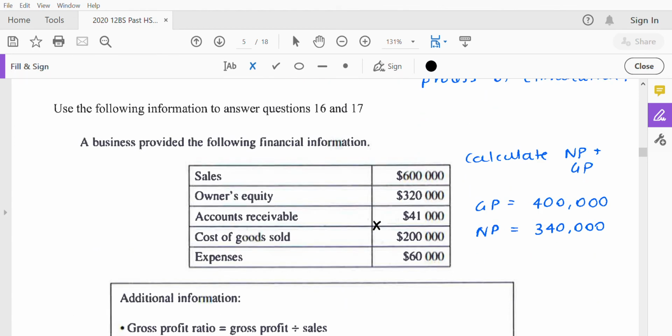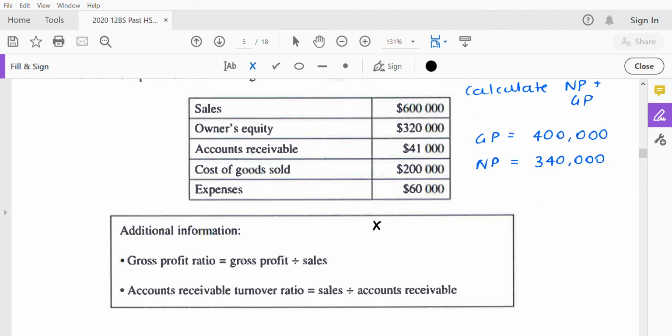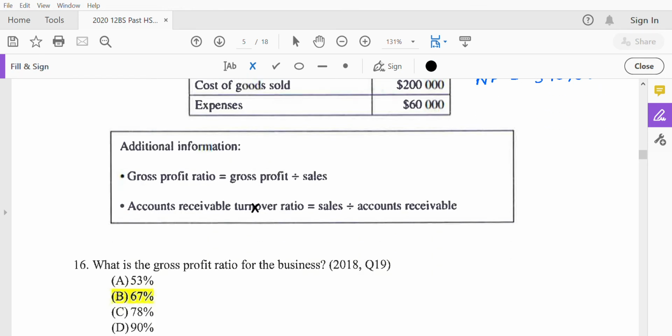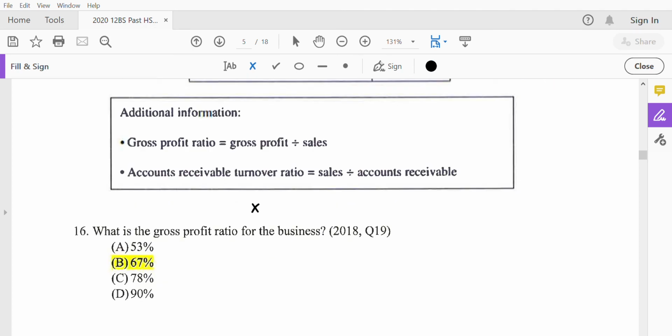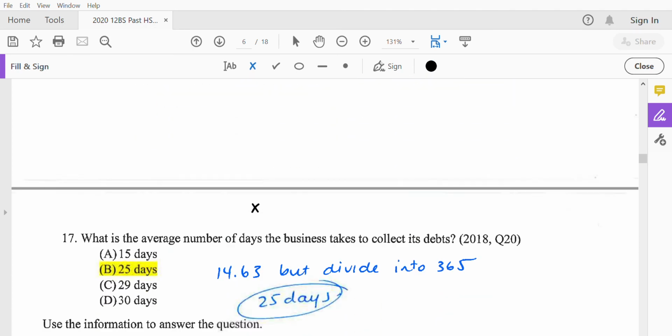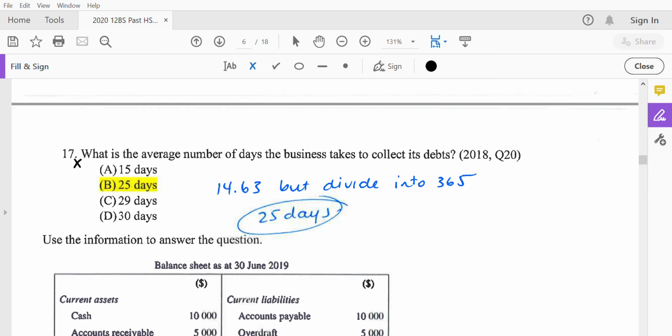With question 16, all I've done here is I've calculated the net profit and the gross profit using my ratios. Now the gross profit is 67%. The question 17